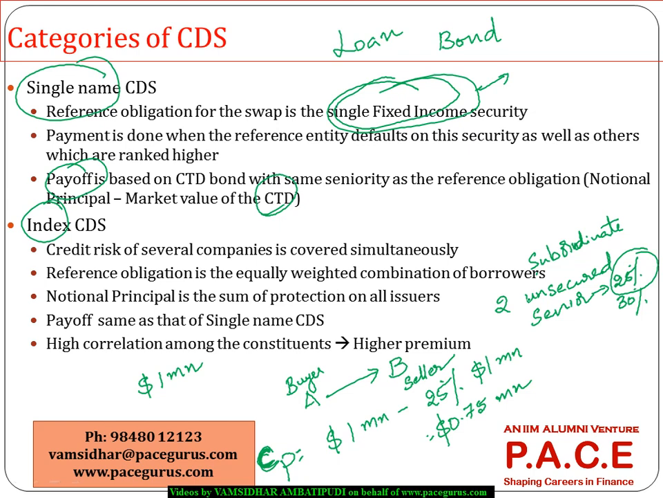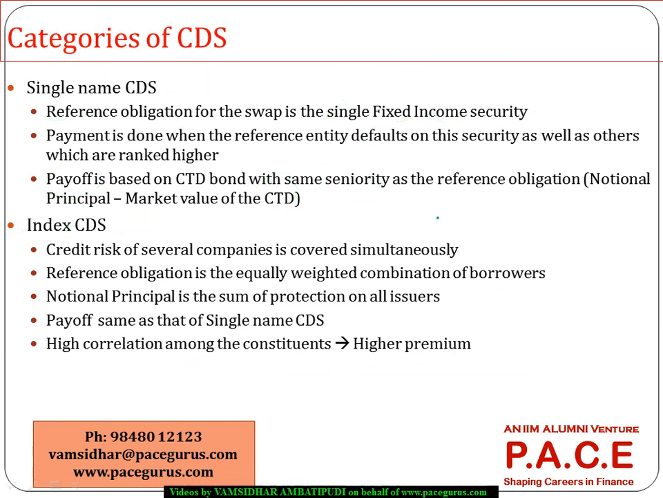Only when there is a default of that particular reference entity, we talk about the payoff, and that payoff is based on the cheapest to deliver bond with the same seniority as the reference obligation. So if the reference obligation is a senior debt, even the CDS which I would be looking at is with respect to similar levels of seniority. Now, apart from the single name CDS, we can talk about an index CDS, which is the grouping